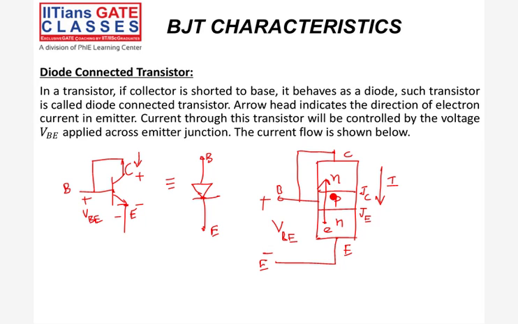That built-in potential only will help these electrons to move into the collector region, or to cross this junction, the collector junction. So we can say the flow takes place through the collector junction, even though the collector and base terminals are shorted together. We can see these are shorted together, but the flow is coming only because of this built-in potential. That is why we have the transistor effect in this, but it is working as a